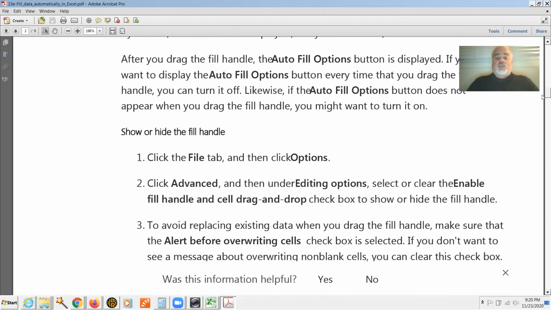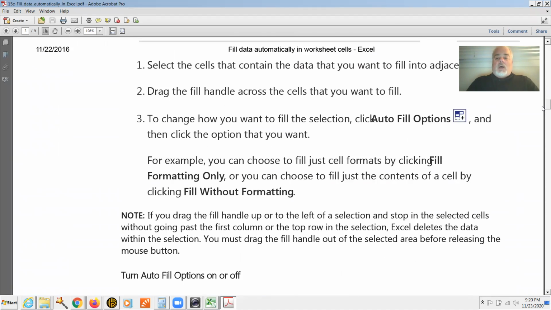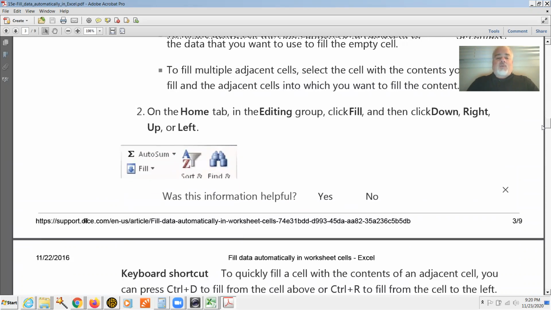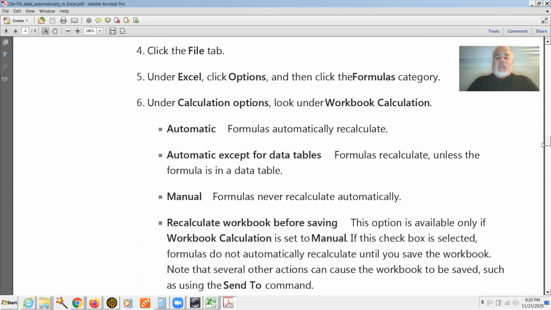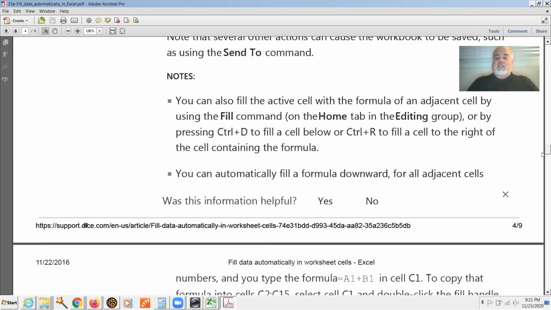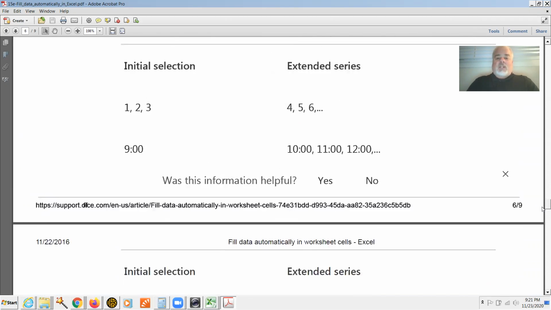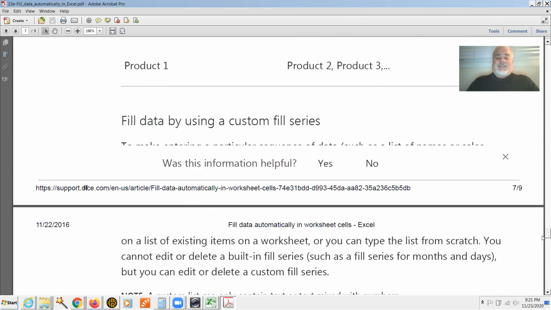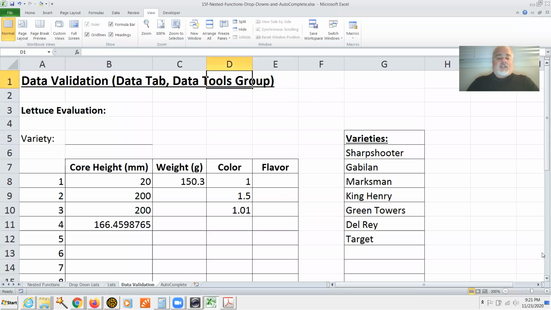You can use Control D, Control R, etc. So again, you've got to walk through this, play with it, have an Excel spreadsheet open, and play with some of the things in this. It's not that long. It says it's 9 pages, but it's mostly lists and some things that are really easy to deal with. So if I go back to my